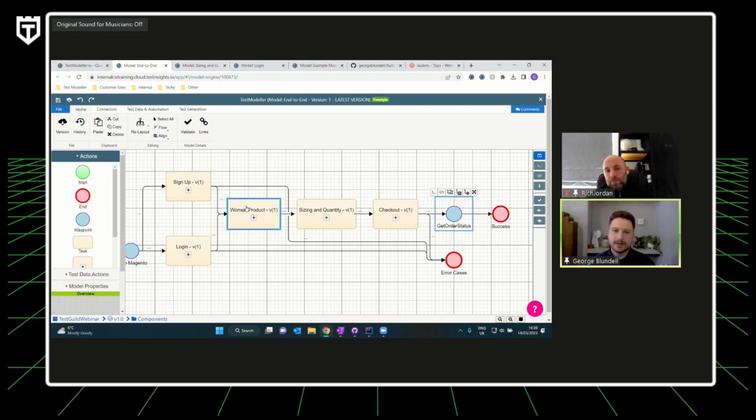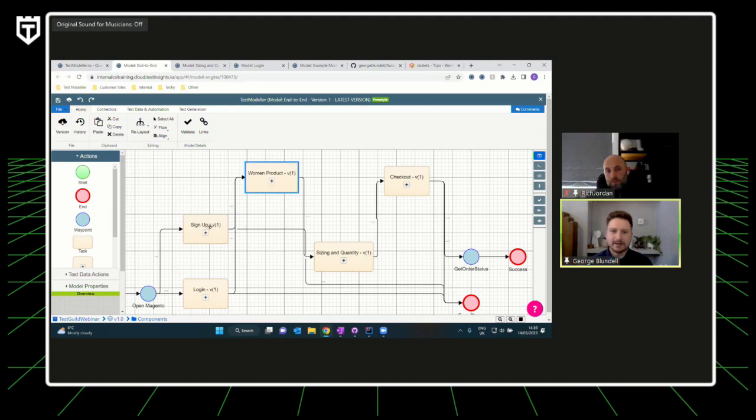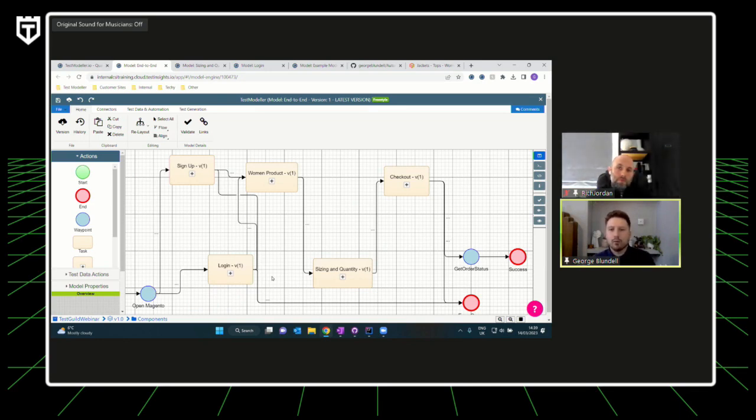But then you could say, I want to create a new person or a new lead via the API, integrate that within your model, and then that person can be used throughout. So you have your web components up here, and your API components down at the bottom.